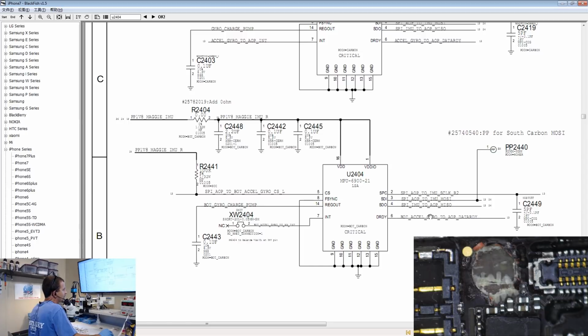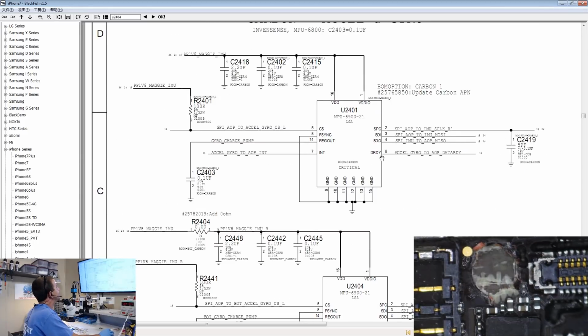Yeah, this is gyro 2, AOP det ready. Okay, so I don't believe, from what I see here, that this is going to have anything to do with image. I could be completely wrong. I might be totally wrong, but I don't think this is going to be image related. So